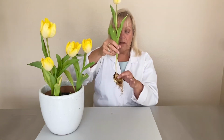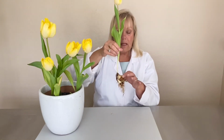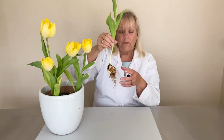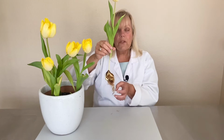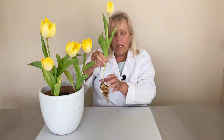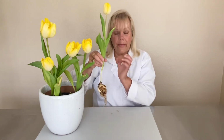So here I have this, so you can see the whole anatomy of a tulip. Here is the bulb. This is like the bulb of hair. This is like the follicle. And then here are the roots, and the roots are like the blood vessels that are under the follicle, the bulb for the hair. The roots bring the nutrients up into the tulip, just like the blood vessels have the nutrients in the circulation for the follicle to keep it nourished and healthy. And that's what's so important